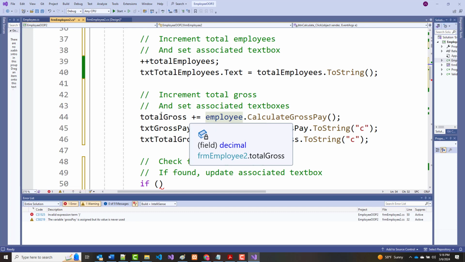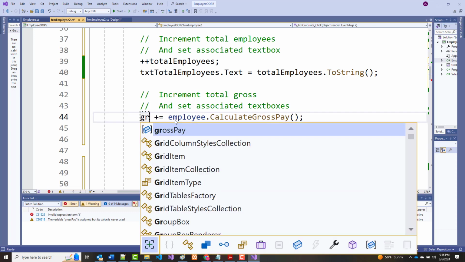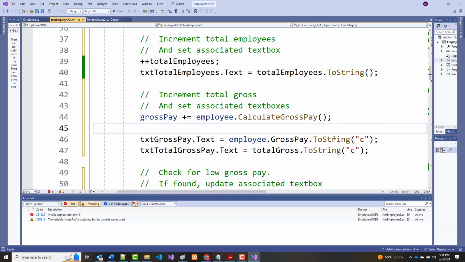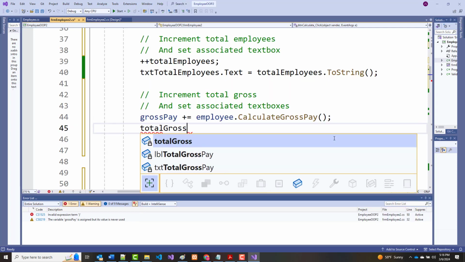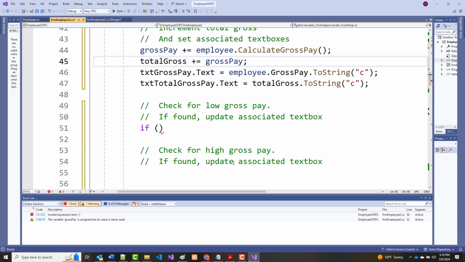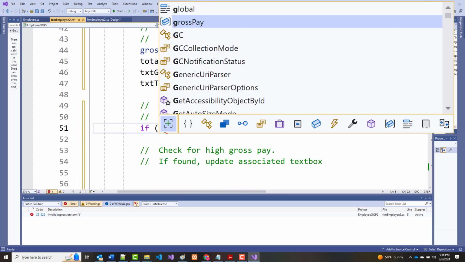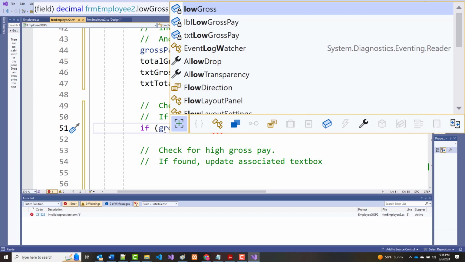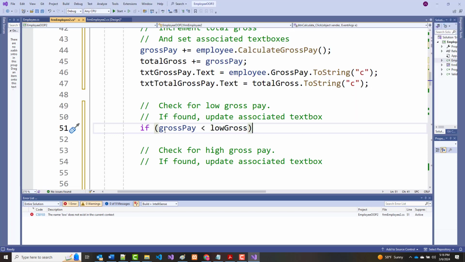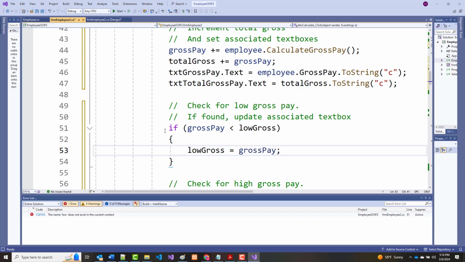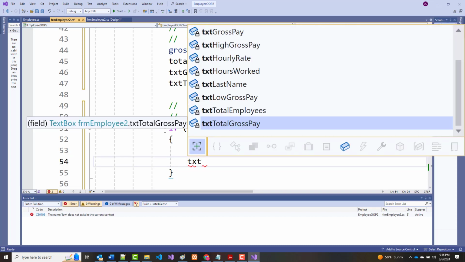So now I can come in here, and where we did this, right there, I'm going to say gross pay plus equal that. And then I'm going to say total gross plus equal gross pay. And I'm doing that so I can use it down here. If gross pay is less than low gross, then I've got a new low gross. So low gross equals gross pay, txt